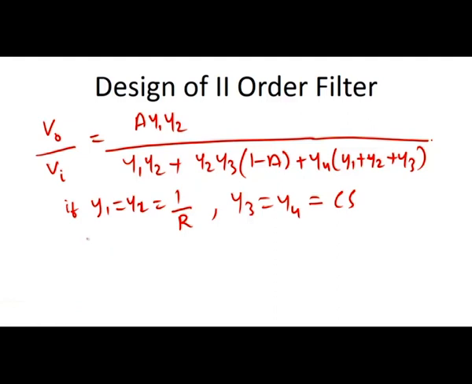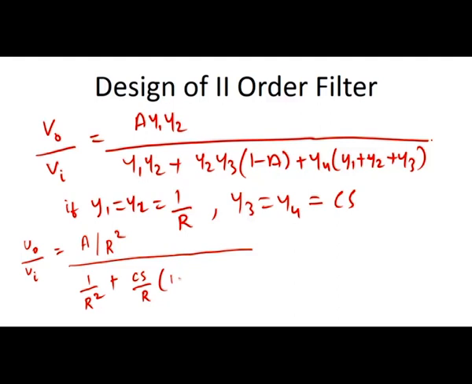So now we are going to substitute the values in order to get the transfer function of the second order low pass filter. Then only we can come to know that if the order increases, what is the change in the response of the filter. So if you substitute the values now, V0 by Vi is equal to y1, y2 is 1 by R, so A by R square divided by 1 by R square plus y2 is 1 by R, y3 is sC, so sC by R into 1 minus A plus y4 is sC,